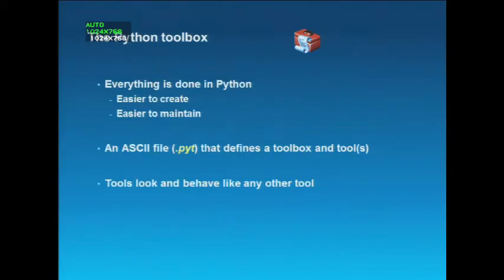So yeah, a Python toolbox is something we added at 10.1, and it's not a replacement for script tools. Script tools will continue to live on for a long, long time. It's just a different way of doing it. What it really came down to is we kept getting requests from people who are creating more than just one